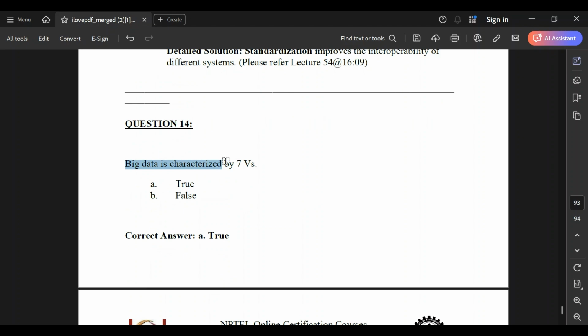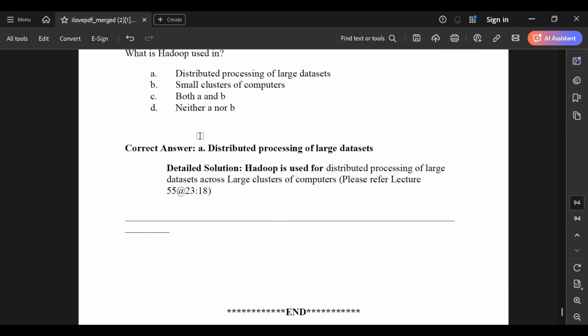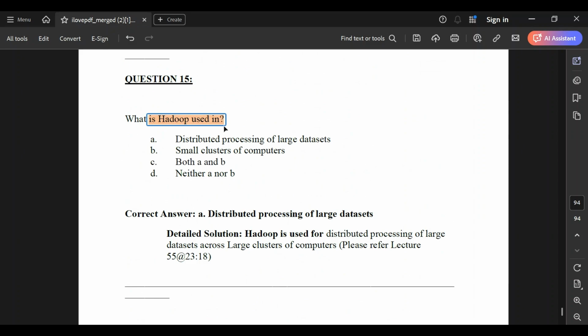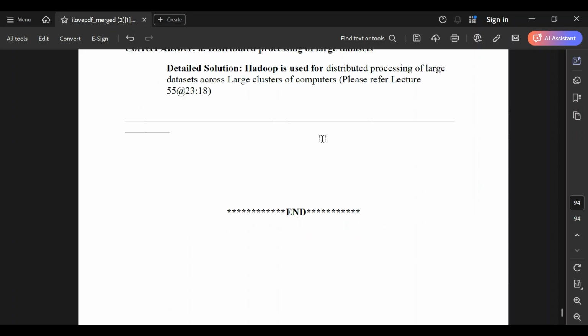Big data is characterized with this, which is true. What is Hadoop used in? It is used for distributed processing of large data sets. Moving to the